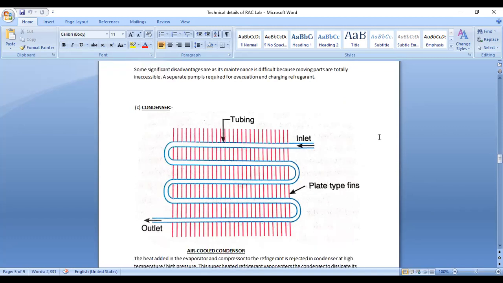We have seen in our test rig the condenser like this, where the pipe carrying the vaporized refrigerant carries it inside this pipe like a spiral tube, and it comes out at the other side, thus releasing all the latent heat of vaporization to the surroundings and converting it to liquid itself. It is supported by means of fins like this, shown like a straight line in the figure itself.